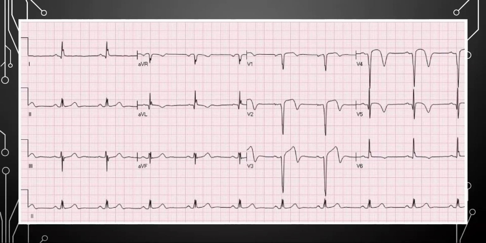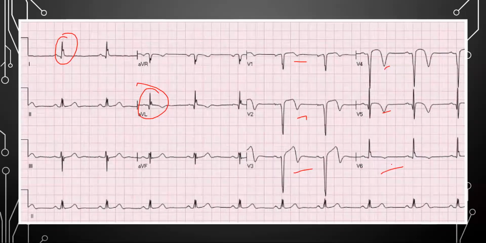Follow that format. In this case, you have got ST elevation in V1, V2, V3, V4, V5, V6, also lead 1 and lead AVL. So this is extensive myocardial infarction. Also, you have got quite significant T wave inversion in all the chest leads, right? So that's important. You have to say those things. Otherwise, the ECG explanation will not be perfect and you will get a low mark.